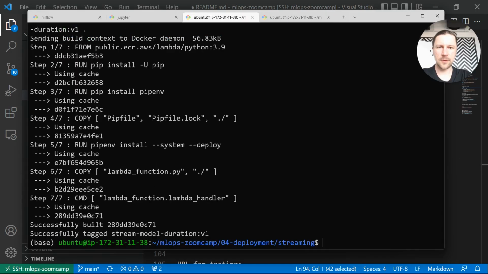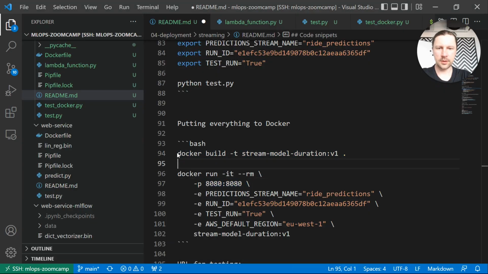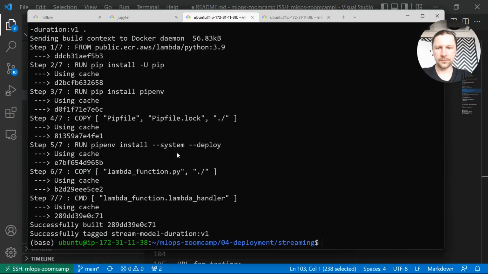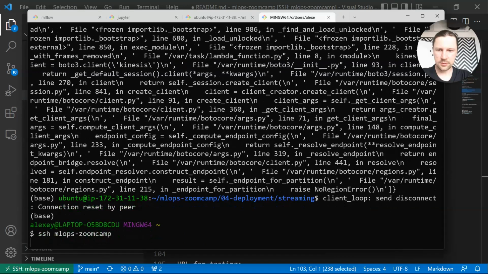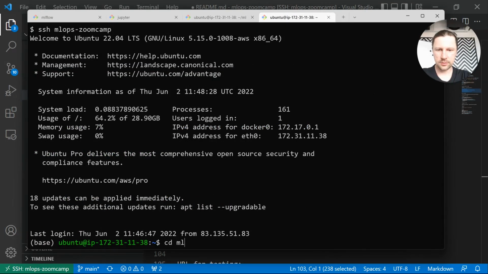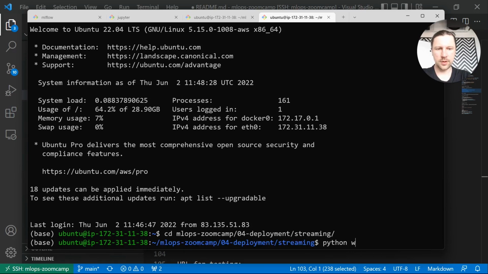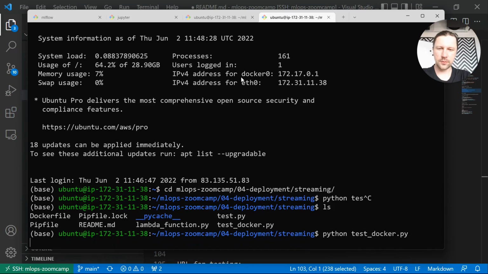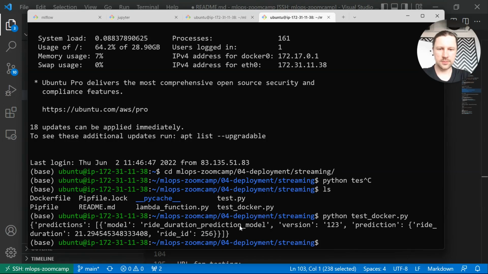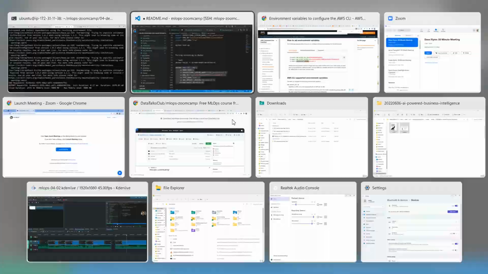So first I'll do docker build, then now I'll do docker run. Okay, it's running. This one, yeah, it's also connection reset. So I'll do Zoomcamp for streaming and do Python web. Oh, what's the name? Python test docker. Okay, I don't know if it will work now or not. Okay, it's working, but actually for you to make it work, you might need to